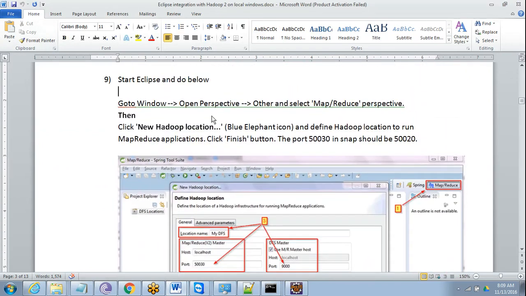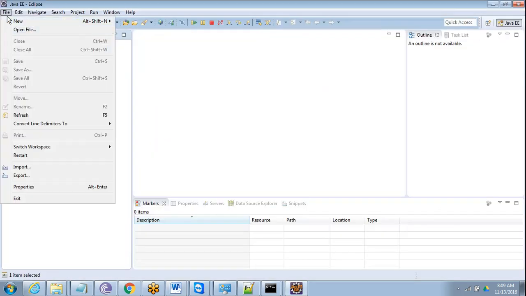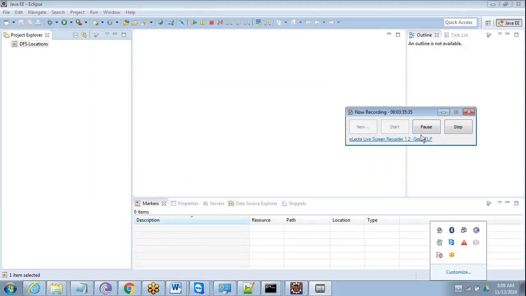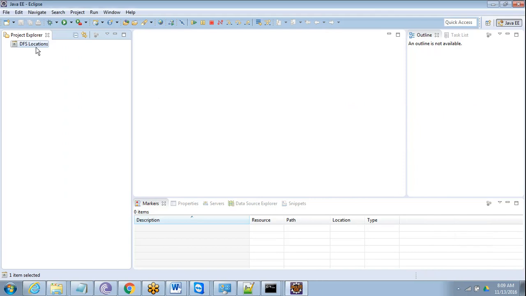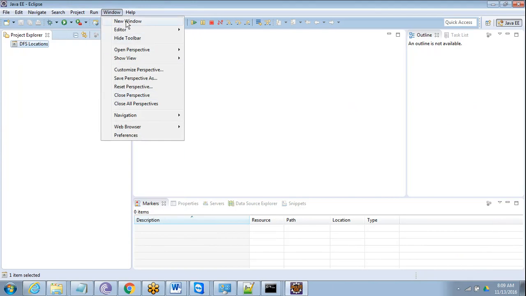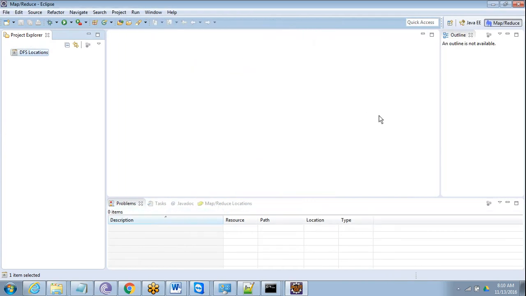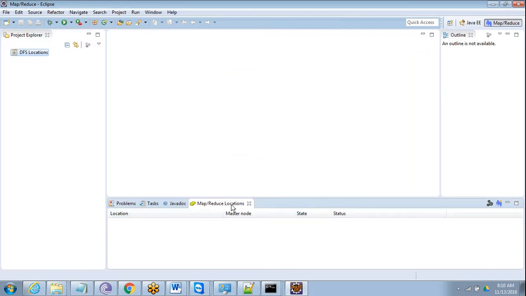So you just need to go open perspective, other, and select Mapreduce Perspective. Just go to Window and say open perspective, other, and here you will find this Mapreduce. So this came when we put our jar in that Eclipse plugin folder. Just say OK, and once we have that, you can come here on Mapreduce location, do right click and